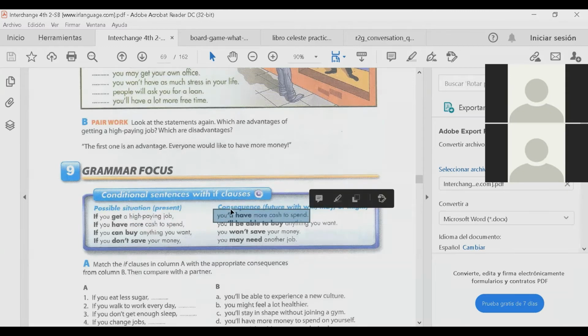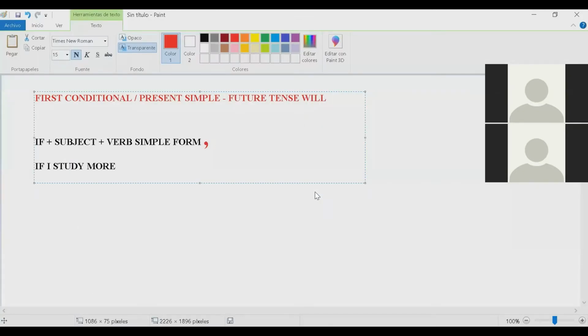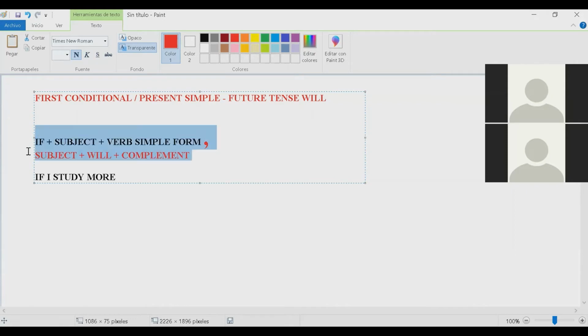We need subject plus will plus the verb in simple form. Let me write it here for you to have the formula over here. So in the second sentence, we need the subject plus will plus the complement. Okay, this is the formula, guys. So it means, I have here, if I study more, comma, and look at this, guys,